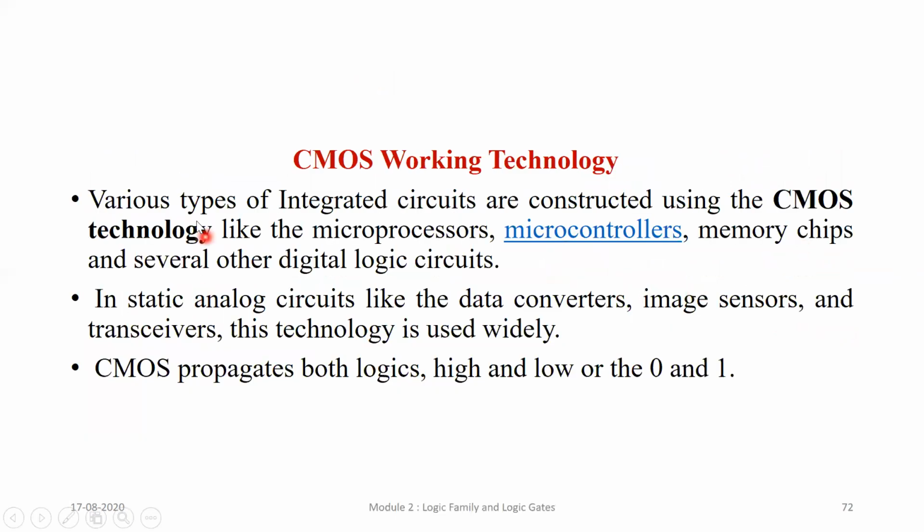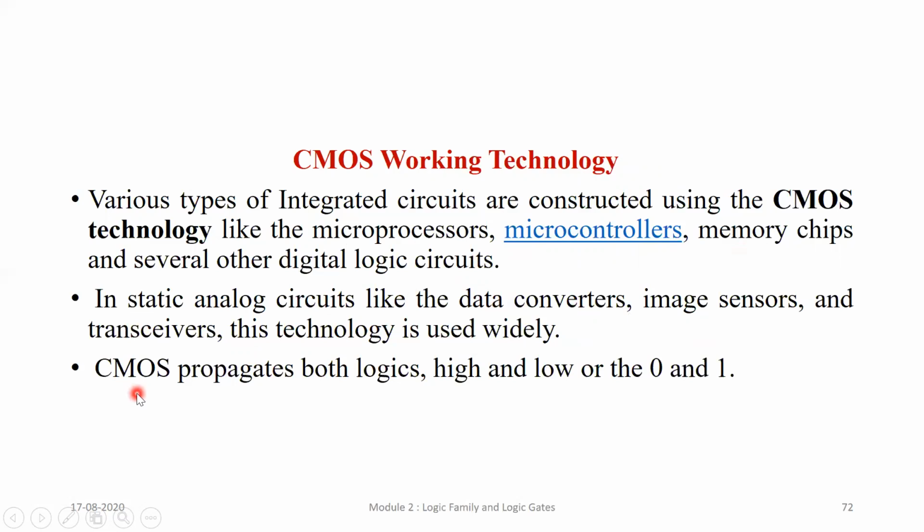I'm just giving an overview because it might be a short note. Various types of integrated circuits I can make using CMOS technology. I use it in microprocessors, microcontrollers, memory chips, and several digital logic circuits. In analog circuits like data converters, image sensors, and transceivers, CMOS technology is widely used.